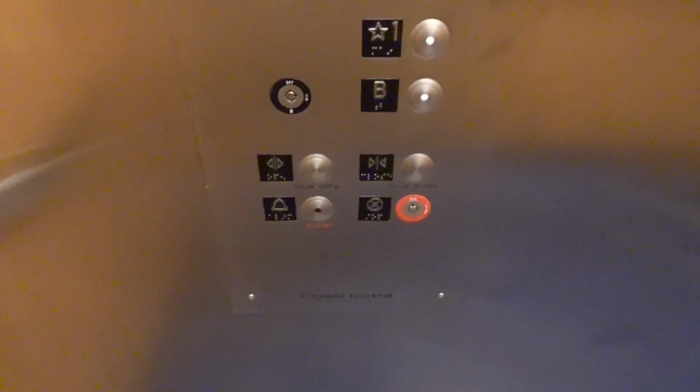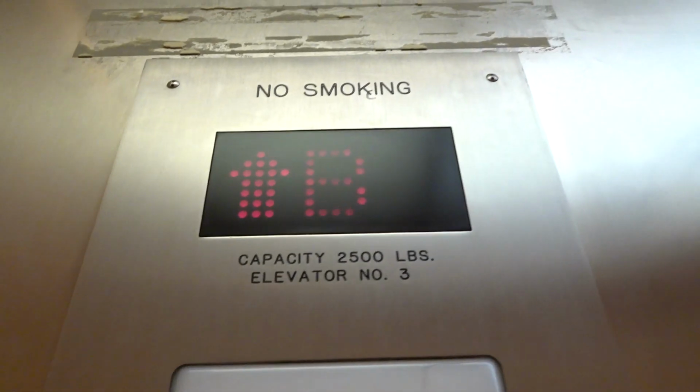All right, and here we are on B. Let's ring the bell. No bell on the basement level, but let's go up to 2. We'll listen to the motor. Here we are on 2,